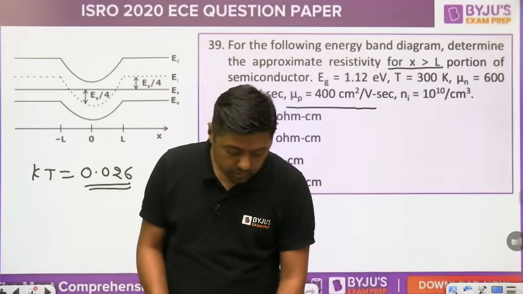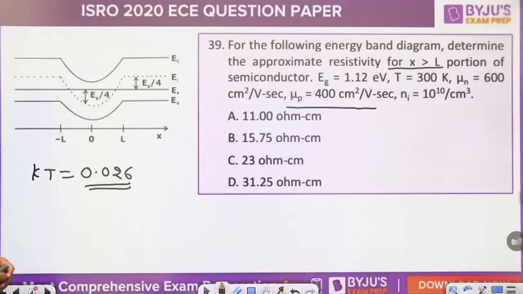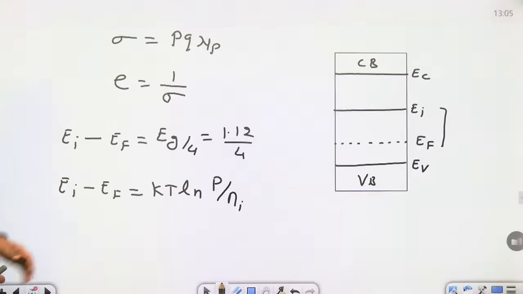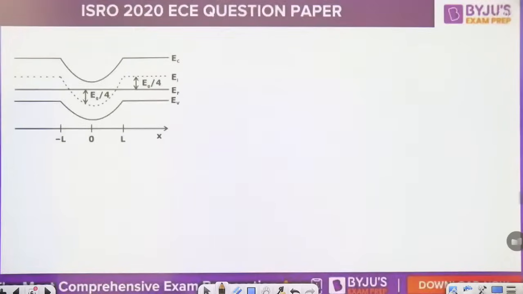The next one. So that is the answer, 31.25 ohm centimeter. This is the unit of resistivity, and these are the important formulas. So you can use this formula here. Then